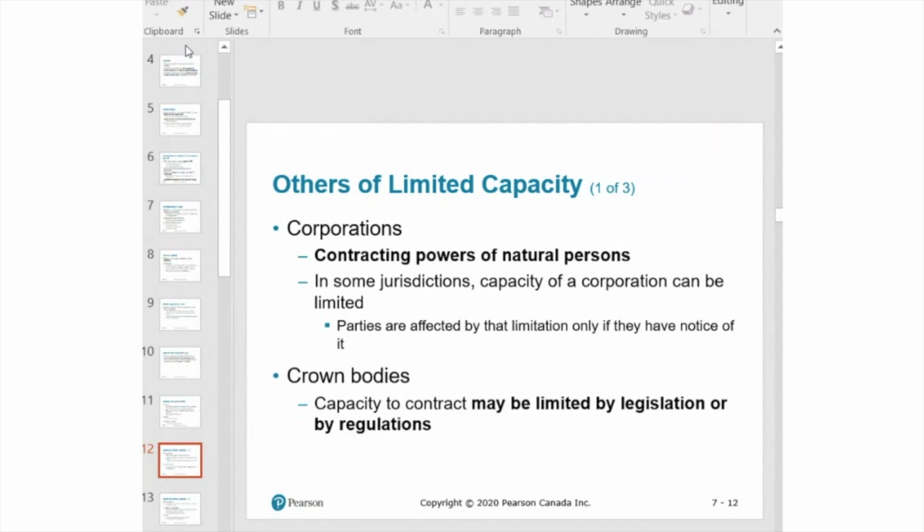I haven't read the Insurance Act in full, but there may be some limitations for ICBC. There may be some transactions in which ICBC does not have capacity to contract. How do we know this? Well, we need to look at the legislation. We need to look at the act in question. So those are other